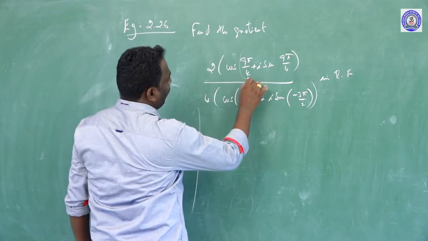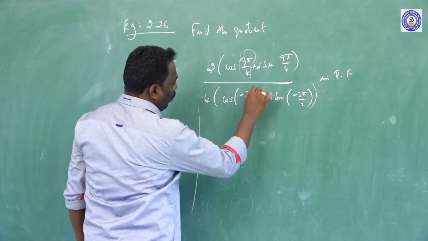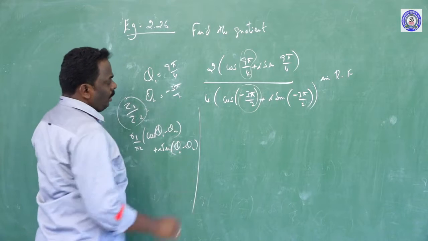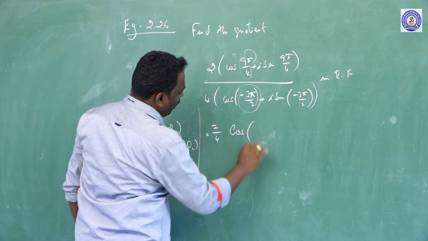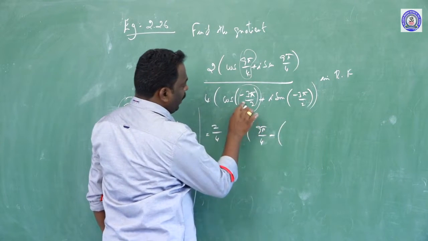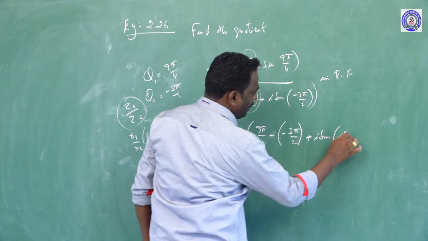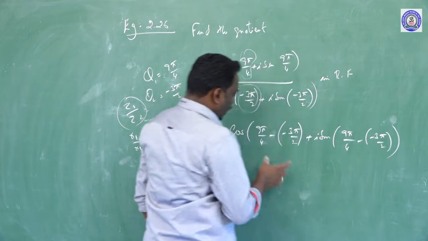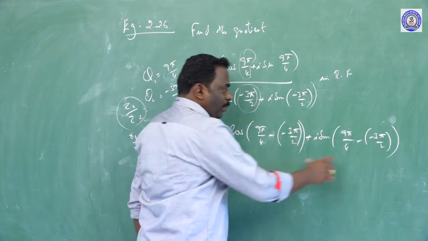Here theta 1 is defined as 9 pi by 4. Then theta 2 is defined as minus 3 pi by 2. So now that is equal to R1 by R2, 2 by 4, into cos of theta 1, that is 9 pi by 4, minus theta 2, that is minus 3 pi by 2, plus i into similarly sin of 9 pi by 4 minus of minus 3 pi by 2. So the cos argument and sin argument are both the same. If you obtain the same cos value, the same applies for sin.